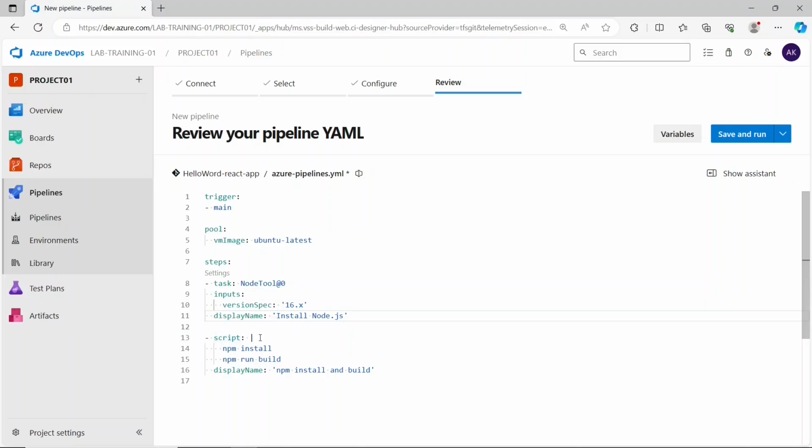It is executing some scripts like npm install and npm run build. These two commands I told you about in my previous video. We ran these commands in our local system to compile our Node.js application. Before this, we will see what files are generated before compilation of code and after compilation of code. So I will give a script before npm run build,